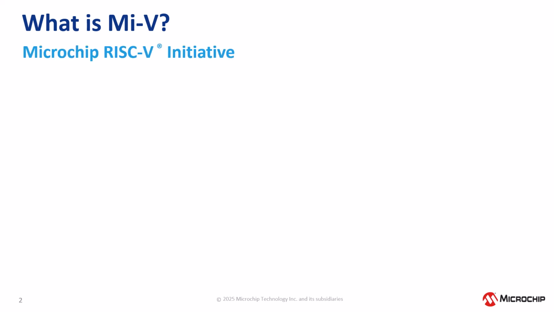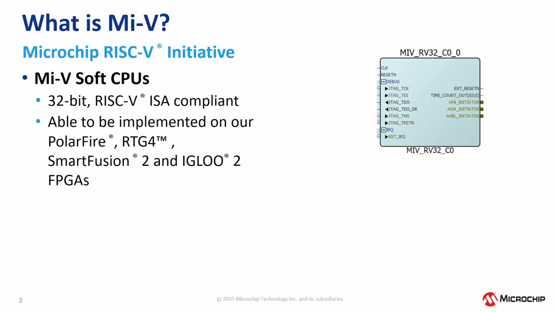Mi-V represents Microchip's RISC-V initiative and it comes in two main flavors. Mi-V soft CPUs, which are 32-bit RISC-V ISA compliant processors that you can implement directly on Microchip's FPGA families. These work on PolarFire, SmartFusion 2, RTG4, and IGLOO 2 FPGAs, which gives you flexibility in your hardware platform